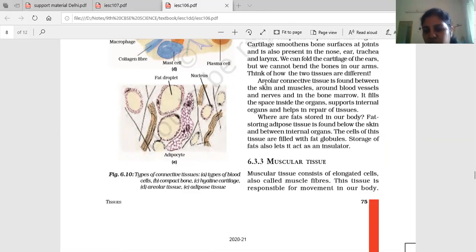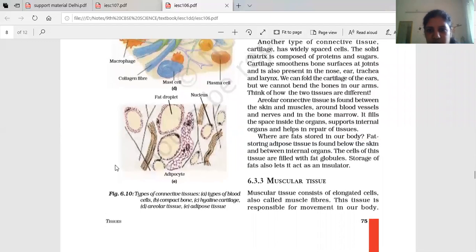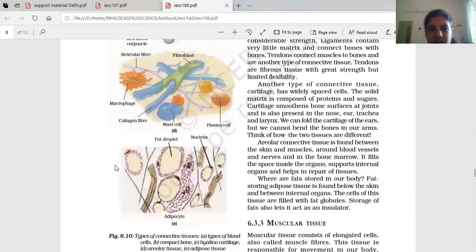Those are areolar tissues, like jelly. Yes, you can tell a jelly-like structure, and the structure is very flexible. Flexibility is more in these tissues. Flexibility we cannot expect in fluid because it is a liquid. Bones are completely rigid and can't provide flexibility, but tendons and ligaments are somewhat flexible.